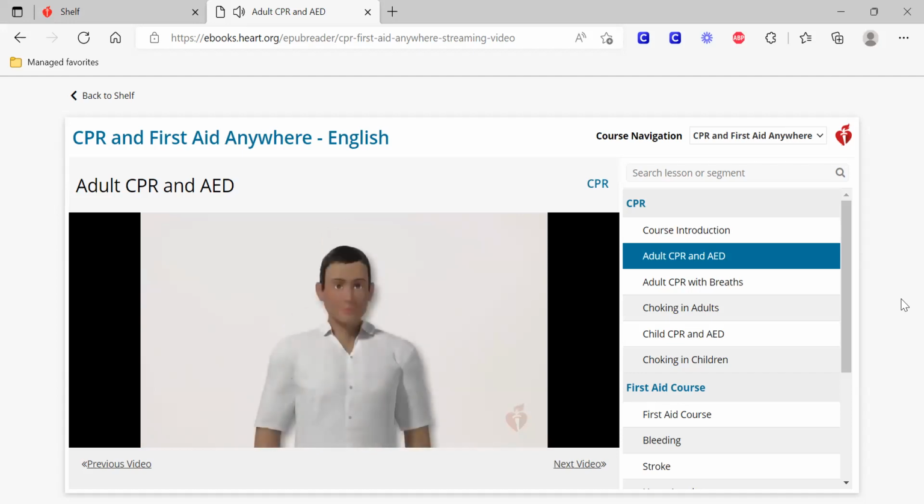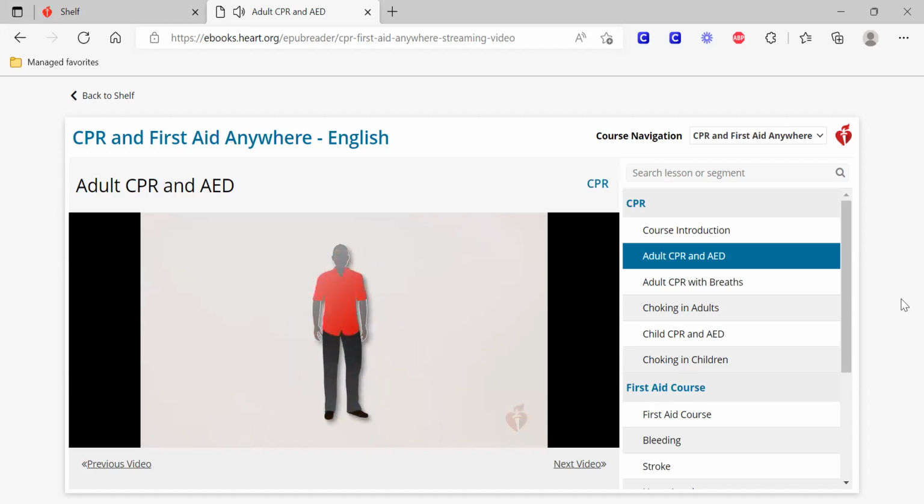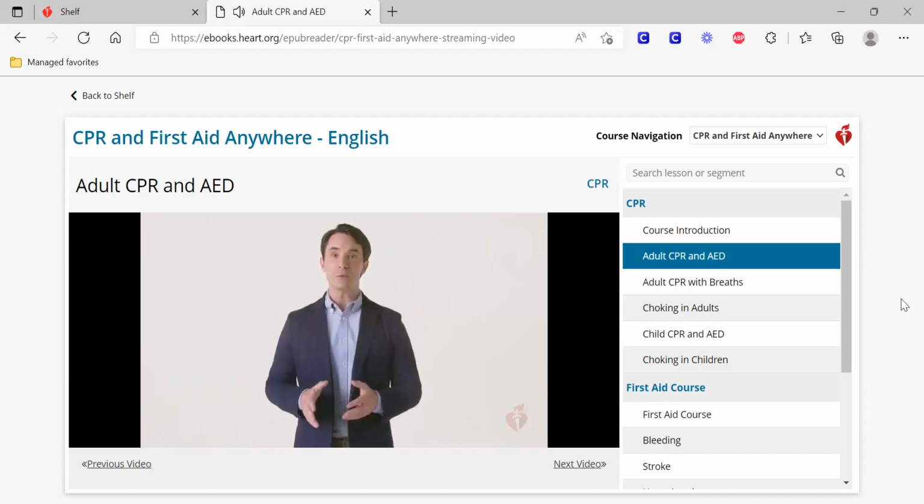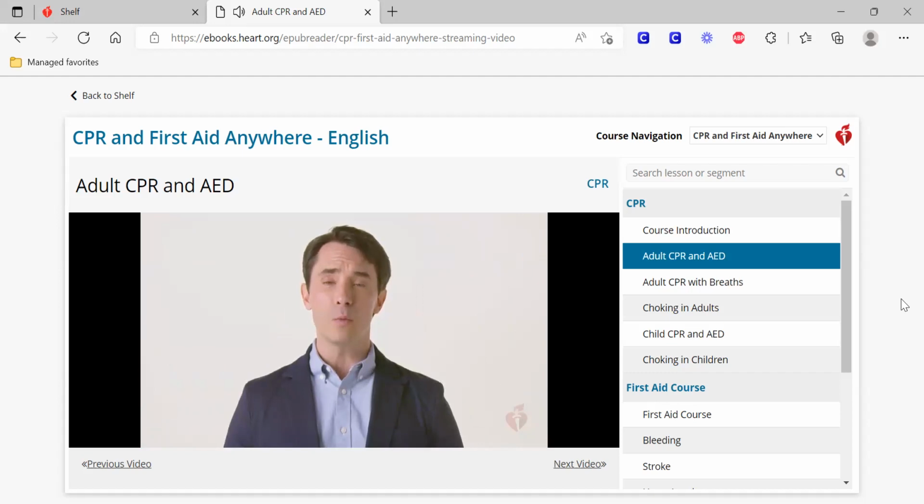You might think cardiac arrest happens only to older adults, but the truth is, cardiac arrest can happen to anyone. It can happen to a young athlete, a family member of any age, or even a child or an infant. It's really scary to see someone whose heart has stopped beating. But if you phone 911 and start CPR immediately, you can help save that person's life. Don't be afraid of doing something wrong. This video will help you learn what to do so that you can give CPR and save a life.